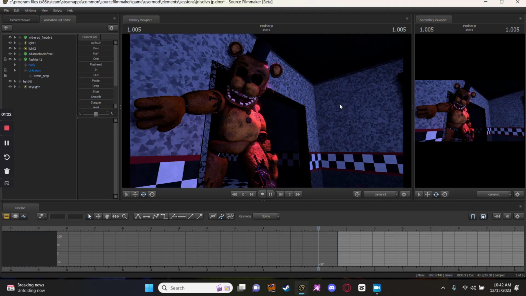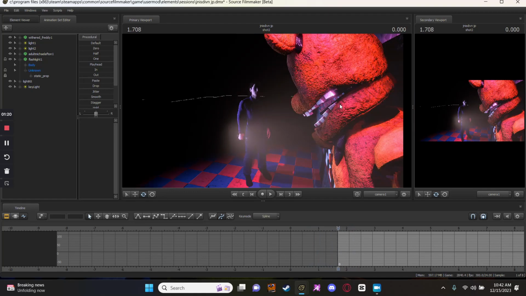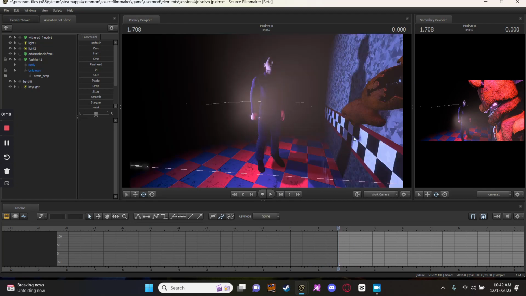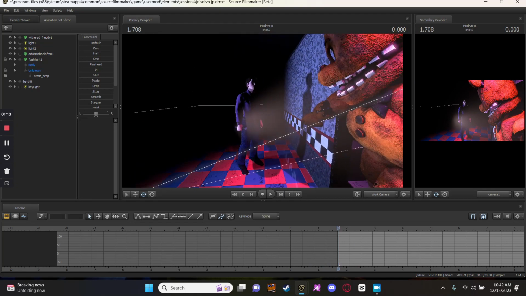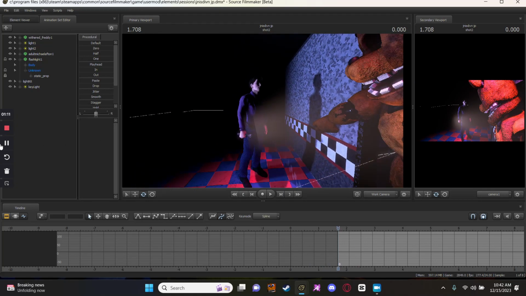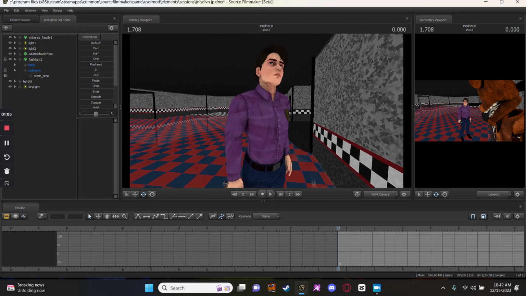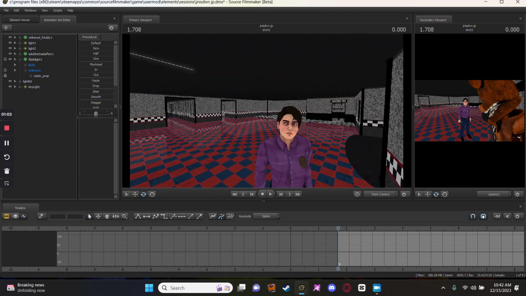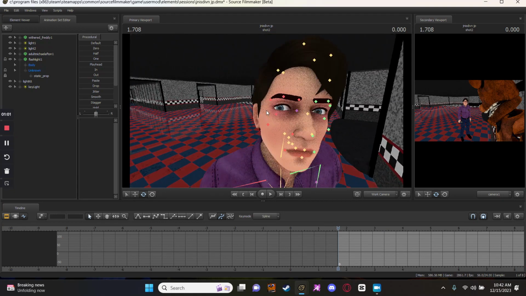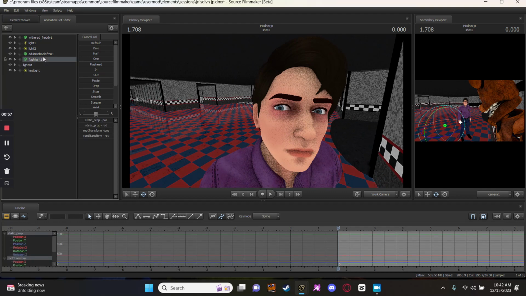And let's see. Alright, and now I'm just gonna animate Michael running away, I guess. So, let me do that. Actually, before I do that, I'm gonna teach you how to move the eyes. Because if I disable lighting, which is perfect if you want to get lighting out of the way and animate better, and you try to move the eyes, there's no rig for it. And that usually goes for